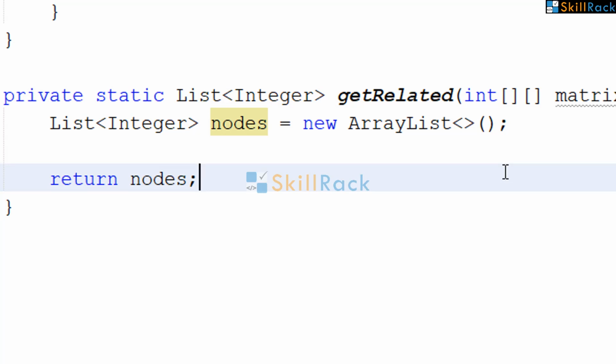But before that, we need to go left and get all the connected nodes, then to the right, then to the top and then to the bottom. You can traverse in any order, it doesn't matter.